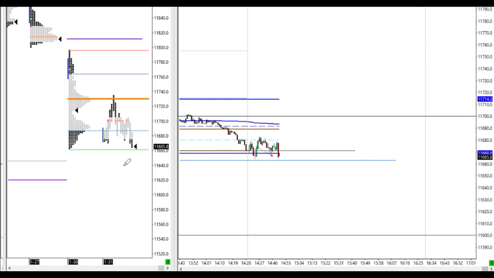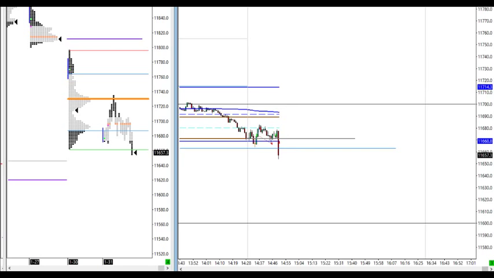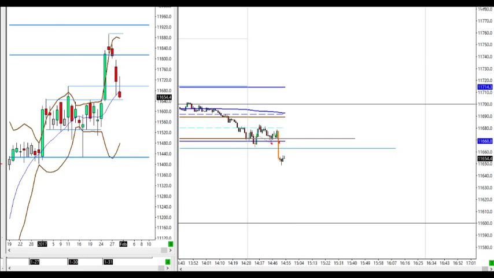Out of the long now, we need to see if it holds support at yesterday's low here or rips straight through. So it rips straight through yesterday's lows for the new low for the day. Now we need to see if price will either have a retest here and hold the resistance to go short for continuation, or if it fails and comes back above yesterday's low, so we can go long.